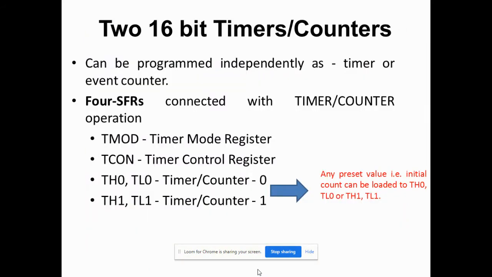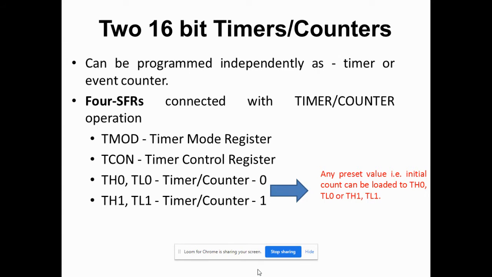Today we are going to study timers of the 8051. There are two 16-bit timers present in 8051 which can also be used as counters. For doing this, we can use four special function registers. First register is TMOD, that is timer mode register, which is used to select the mode of timer. Second register is TCON, that is timer control register, which is used to control the timer, that is to on